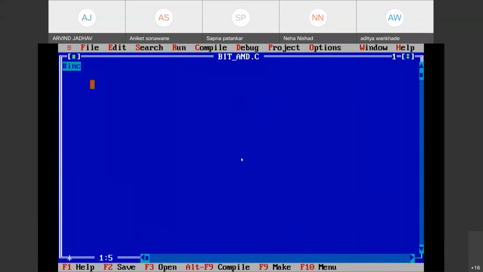Now I can write hash include stdio.h, second hash include conio.h.